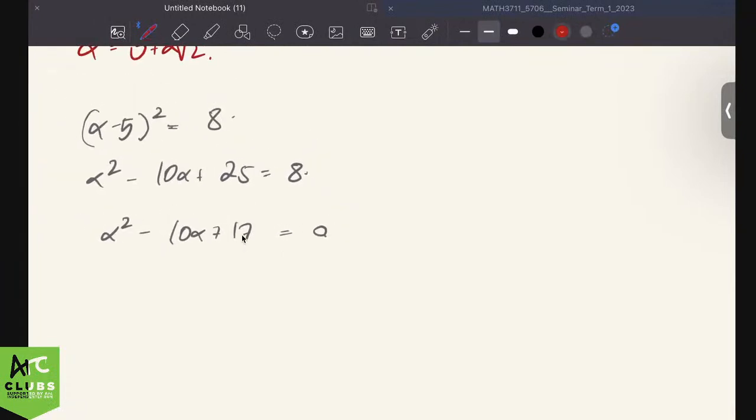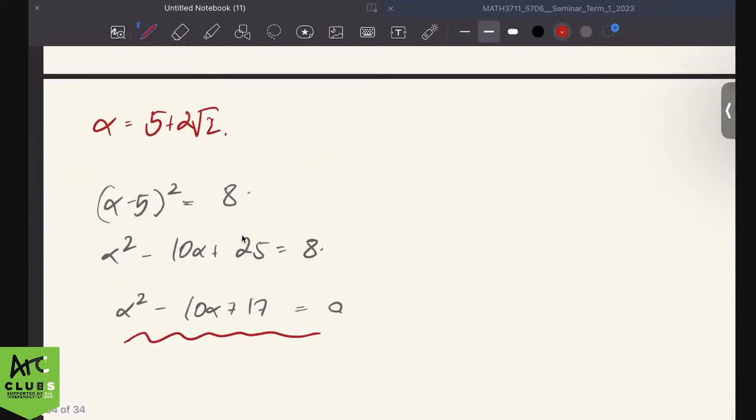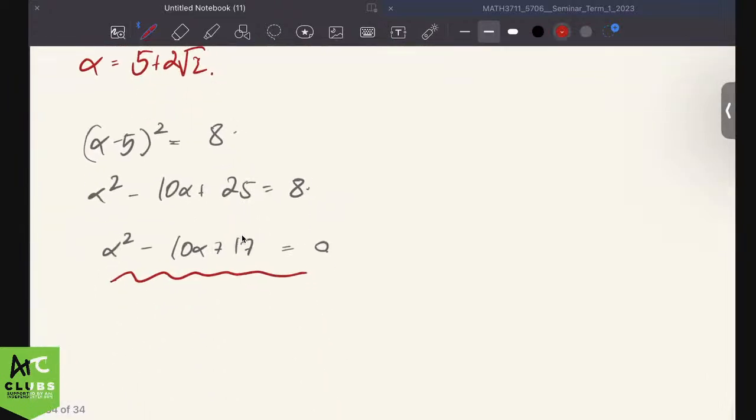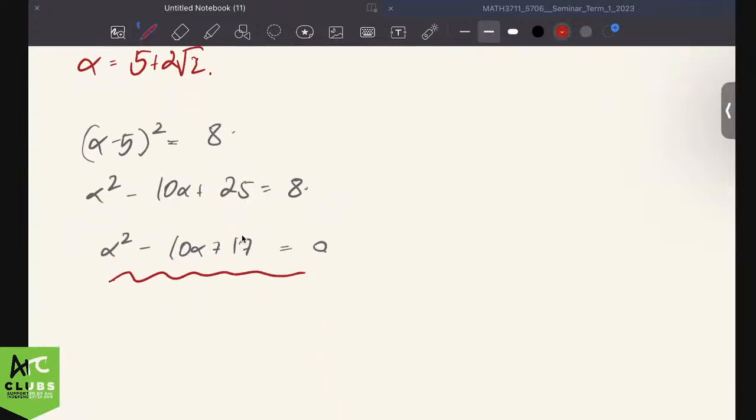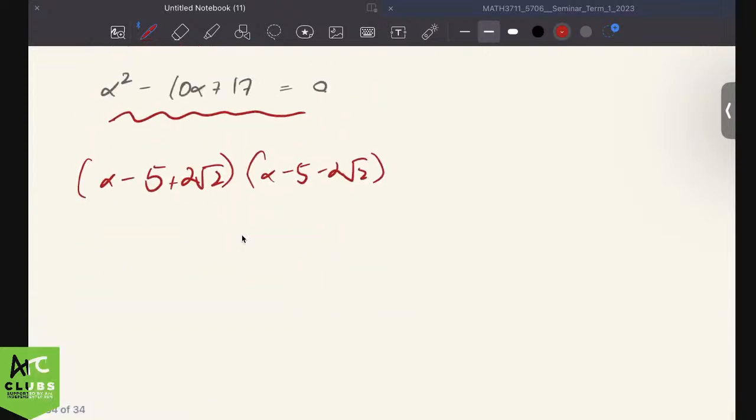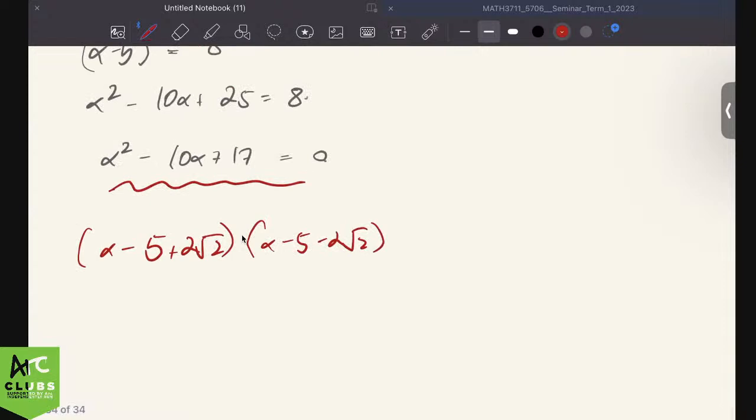So, if we want to show this is irreducible over the rationals, then you can actually try to factor this. So this is going to be equal to 8 (alpha minus 5 plus 2 root 2)(alpha minus 5 minus 2 root 2). Okay. And you can show this just by doing the quadratic formula. And you can show that both of these linear factors that divide it,